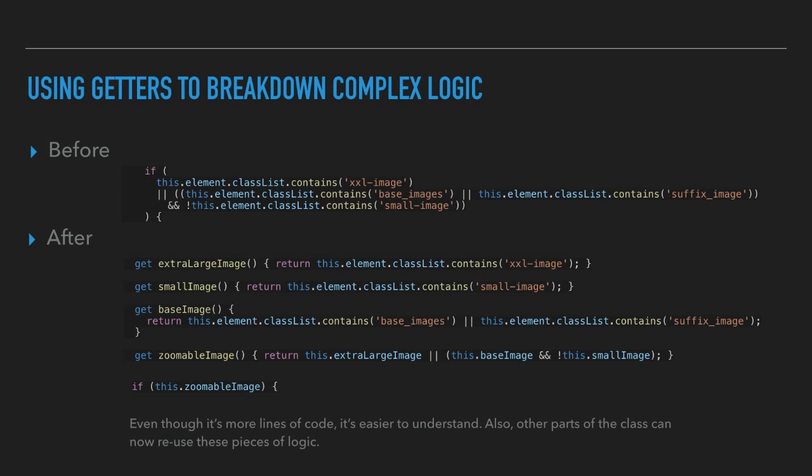Another technique, which has actually been in JavaScript but we don't use it too much, is getters. As you can see,